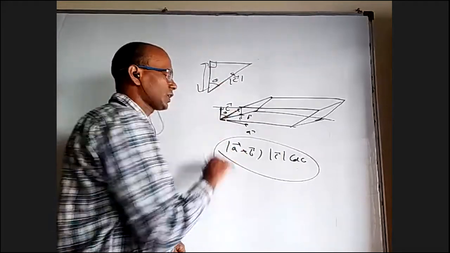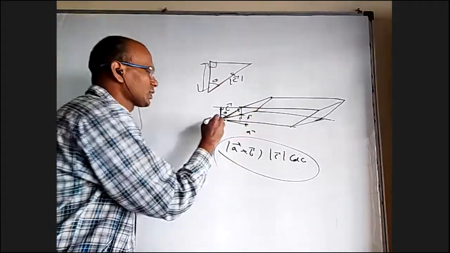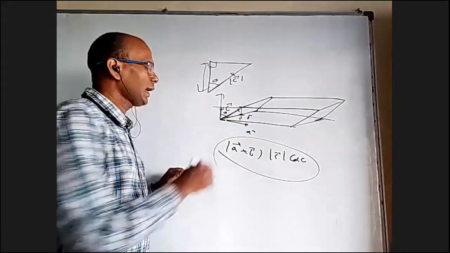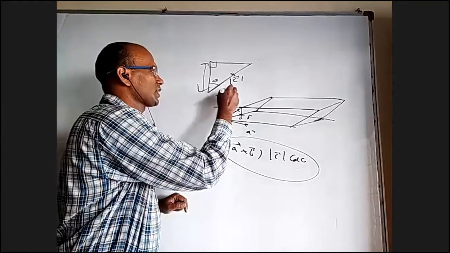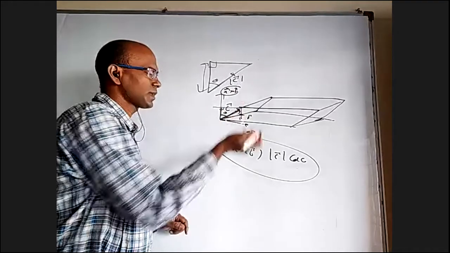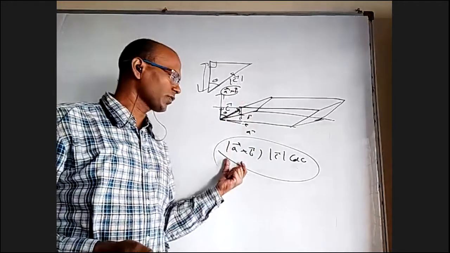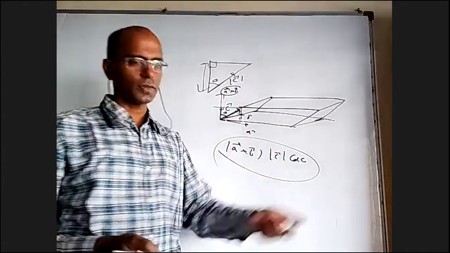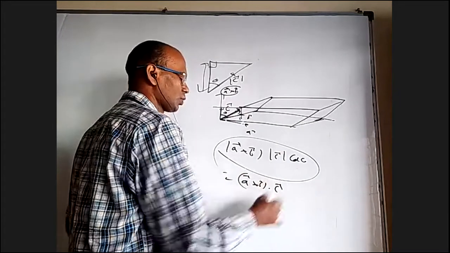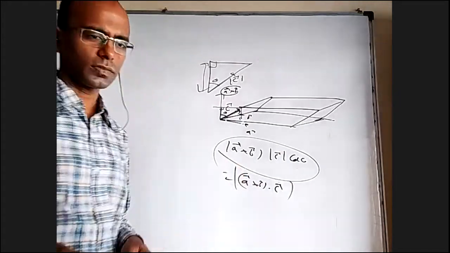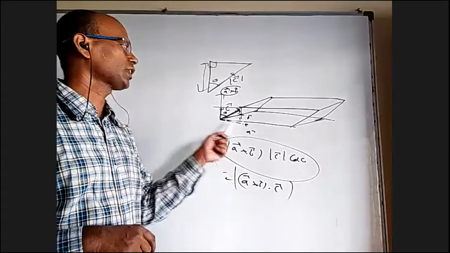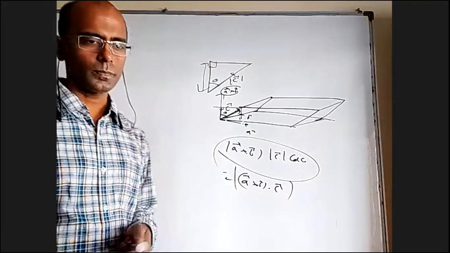But if you see this total, if this is A bar and this is B bar, this is the direction of A cross B, which is perpendicular to both A and B. So A cross B is in this direction, C bar is in this direction, and theta is the angle between them. So exactly magnitude of one vector into magnitude of another vector into cos of the angle between them. It is a dot product after all. So it is A bar cross B bar dot C bar, maybe with a mod because volume can't be negative. So that's why the volume of a parallelepiped with three co-terminal edges A, B, C is box ABC.